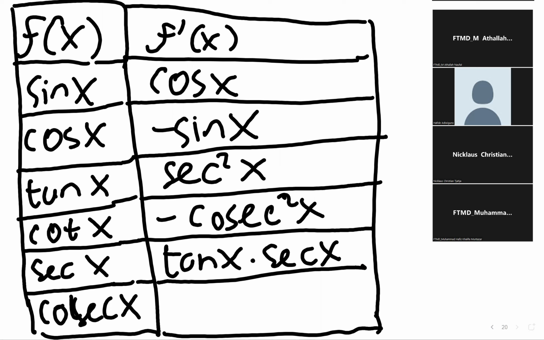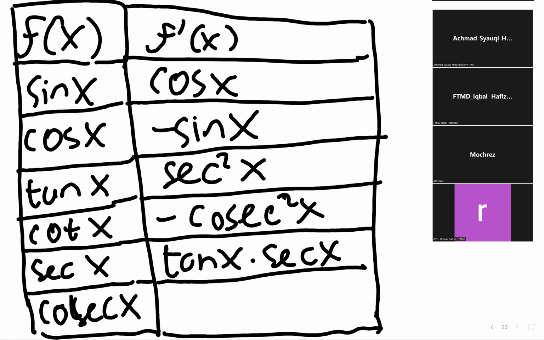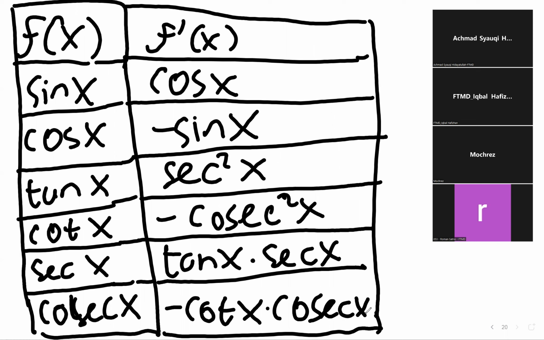Aiska? Yes. Matthew Silalahi? Yes, sir. Okay. If f of x equals cosecant x, then what is the derivative? The derivative would be minus cotangent x times cosecant x. Okay, good, very good. So that's the basic